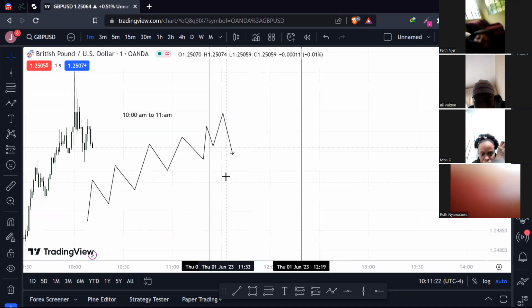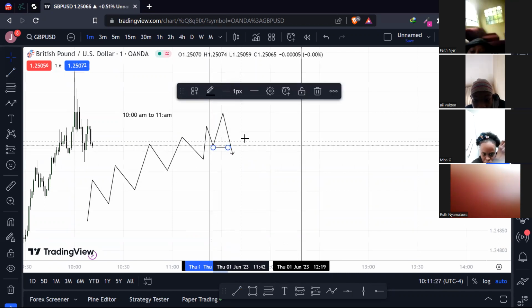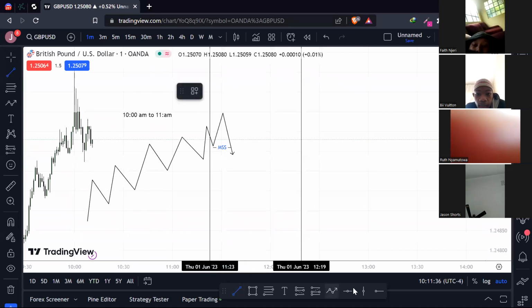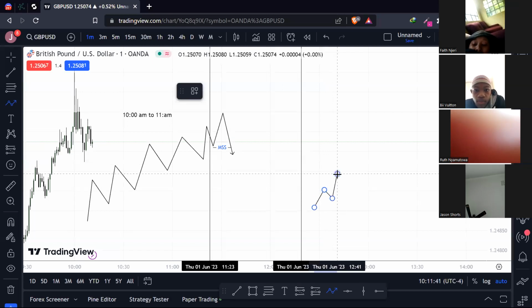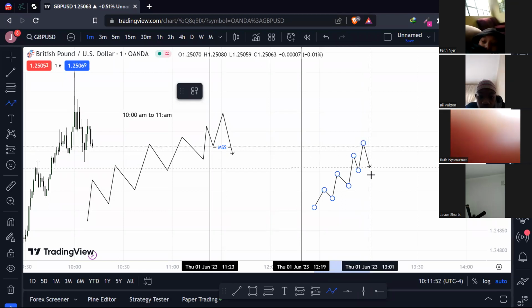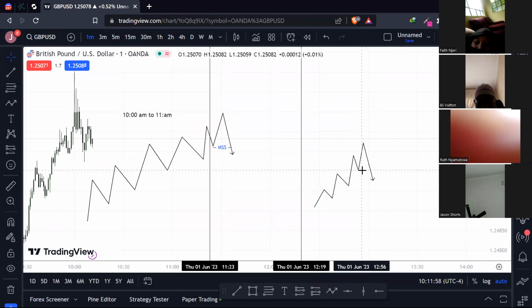So the market structure shift is, if you can see right there, the price was going like this, creating lower highs, lower highs, lower highs. And as soon as it reached the trading time, it creates a higher high and a lower low. So when it does this, it's a market structure shift. And what happens after that is